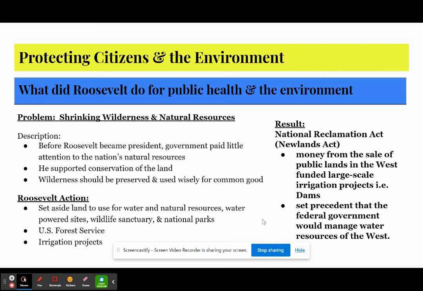He really loved just enjoying nature. And this may be something that you and your family do. Maybe you like to go check out national parks like Yosemite or Crater Lake. Those are all part of Roosevelt's legacy as a conservationist.